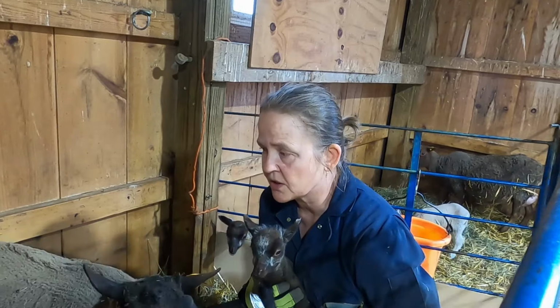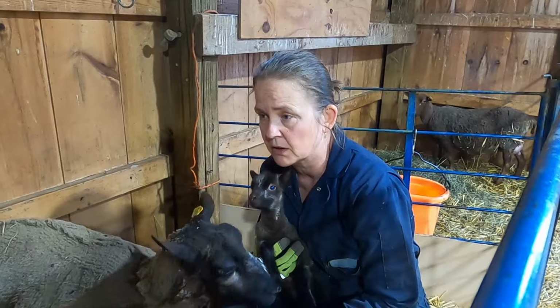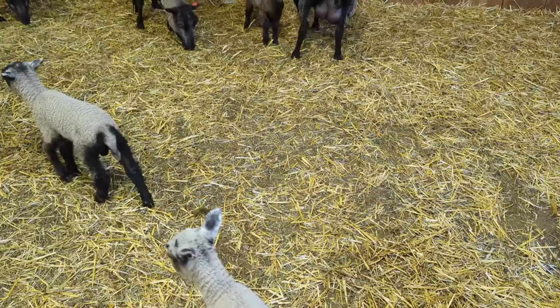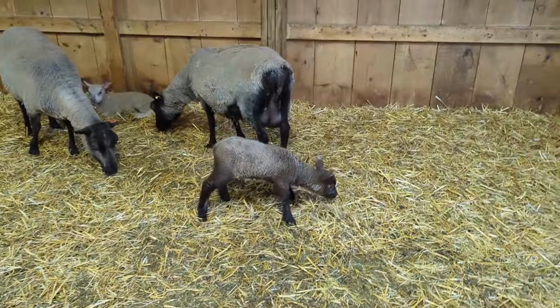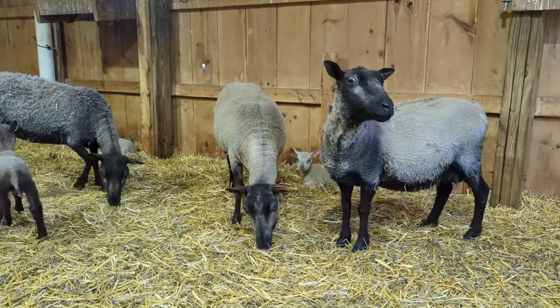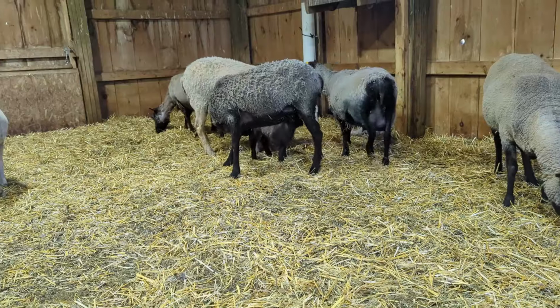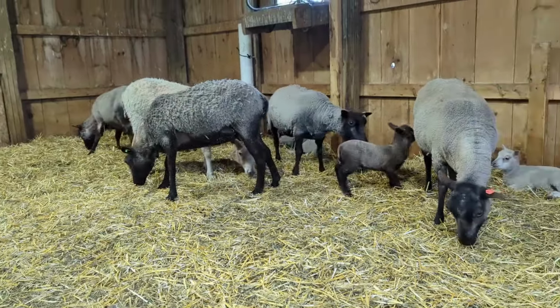The next lamb was out of Carrie. If you remember, Carrie is the one who had the twins, and the second lamb didn't thrive. Not sure exactly what happened there, but the little fawn ewe that's survived and is thriving has turned out to be incredibly friendly, and I believe it's because I spent so much time in her stall that it's possible there was some imprinting going on,